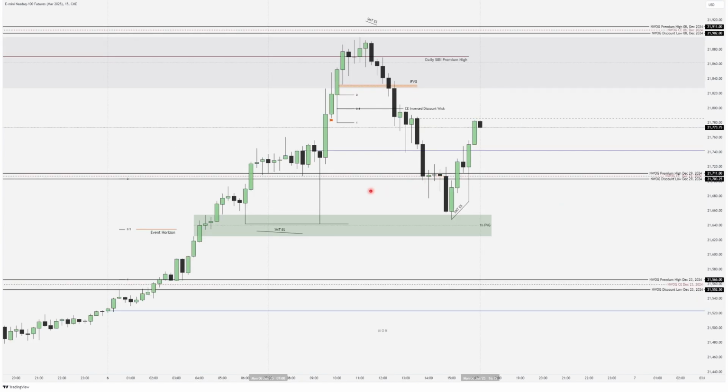Alright, 50-minute chart. So I want to talk about specifically this event horizon. But first of all, let's take a look at the overall structure of the day. It was a very large expansion relative to the ranges that we saw in London. We saw an immediate rally higher from the midnight open. It just had a very slight move below it, but it was really minimal, and then price expanded higher, traded above this new week opening gap, came back down into this new week opening gap, and then continued